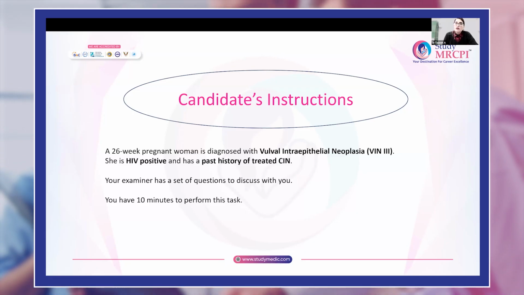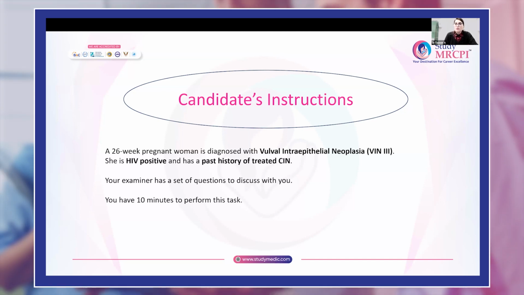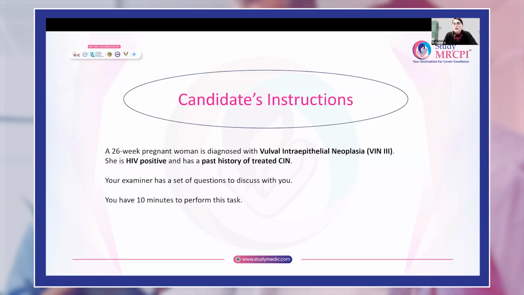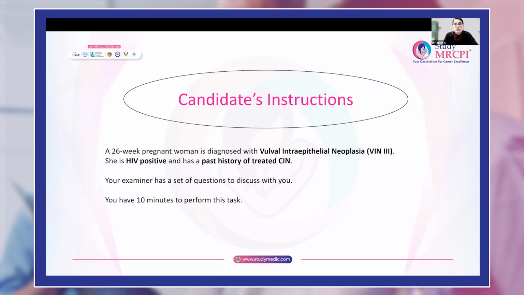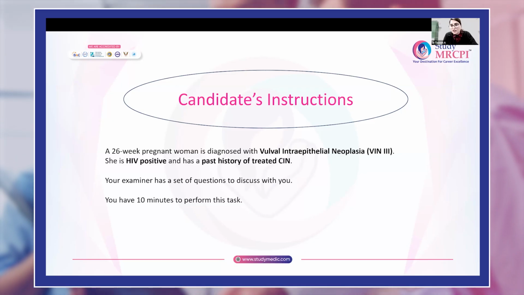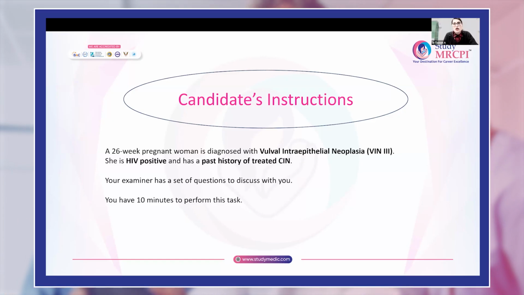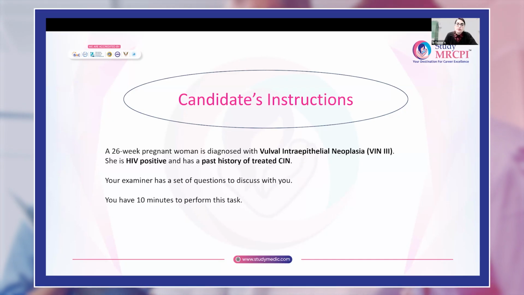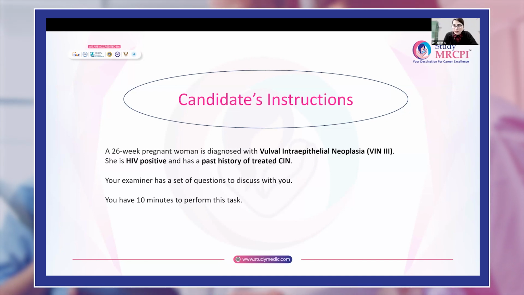And then coming to the local examination, I will do the examination with her consent, in presence of a chaperone, being very careful. If any lesion is there, first of all, inspection of the lesion: what is the site of the lesion, how it looks, any color changes in the lesion. Then I would be very careful to touch the lesion if I have to palpate, as it can bleed on touch. The invasive disease needs to be excluded.